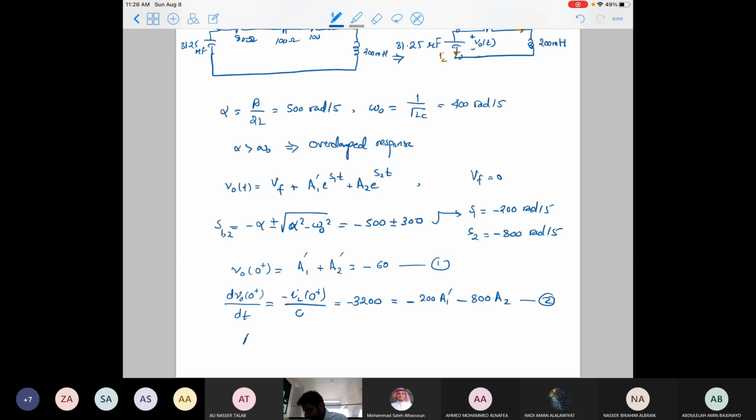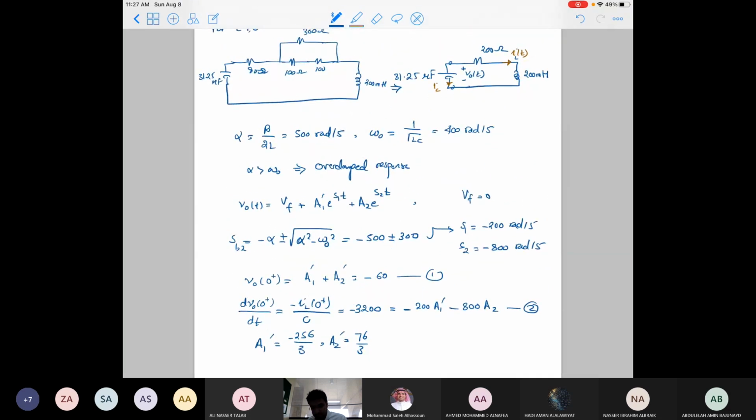So if we solve, we get A1 prime equals 256 divided by 3. A2 prime is 76 divided by 3. And if we write the solution, it will be